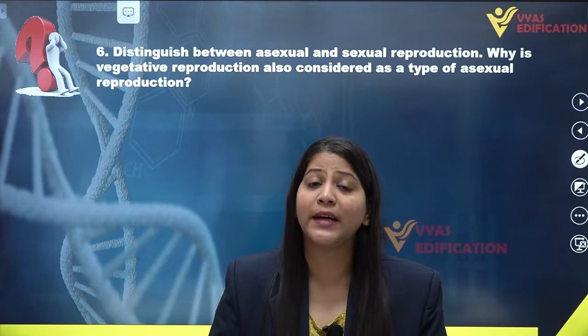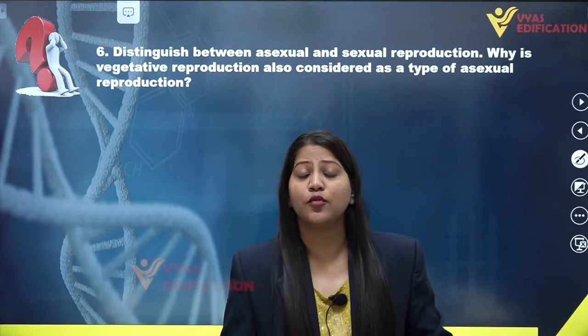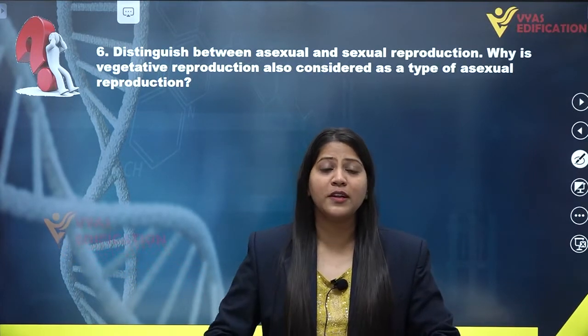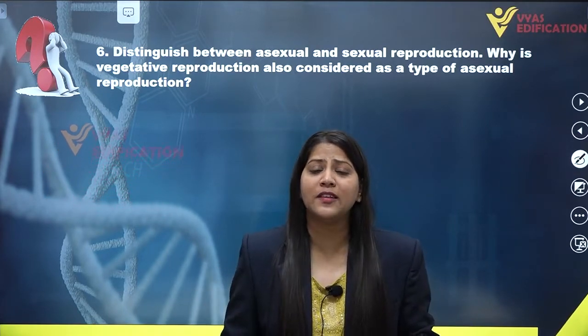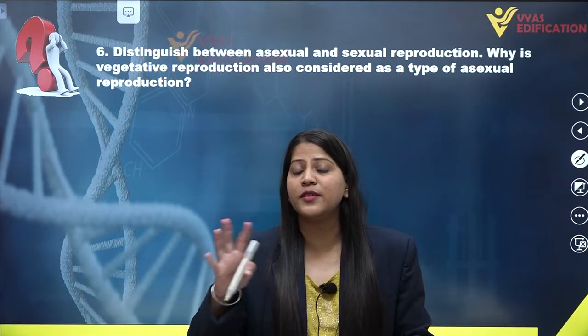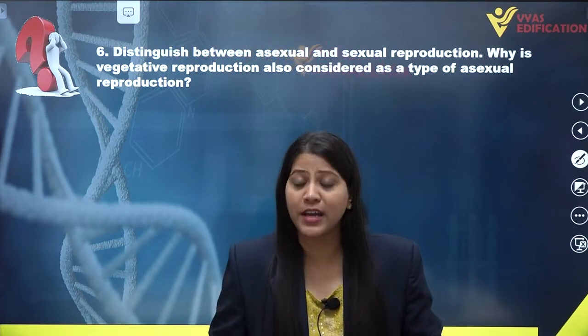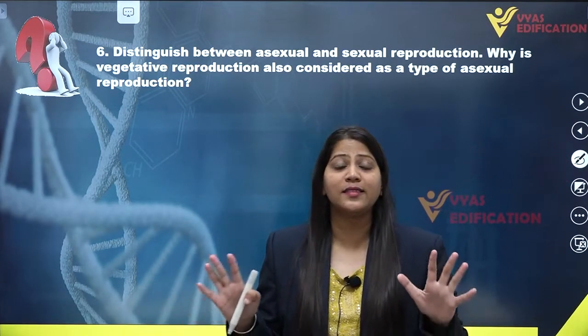If we talk about the offsprings of both of them, sexual reproduction produces offsprings which are similar to their parents, but not identical. They produce offsprings of their own kind, but the offsprings are not identical to their parents. That means the offsprings produced from sexual reproduction have some variations from their parents. They are not genetically and morphologically similar to their parents and not similar among themselves.